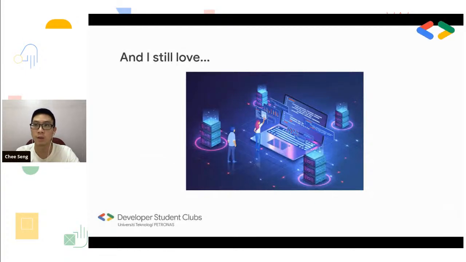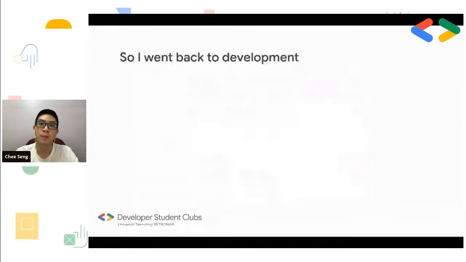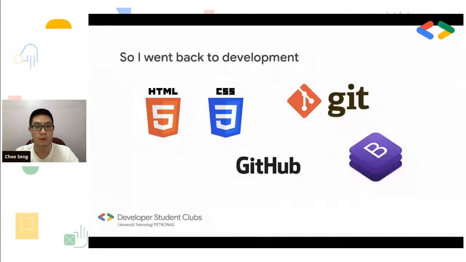So I realized I still do have that minor talent, even though it's not as good as designing. So I'm thinking, should I go back? So in the end, I went back. But this time, because of my previous knowledge on programming, I got familiar quite fast. So I continued HTML and CSS. But right now, with the help of hackathons, it kind of forced me to learn more new stuff.